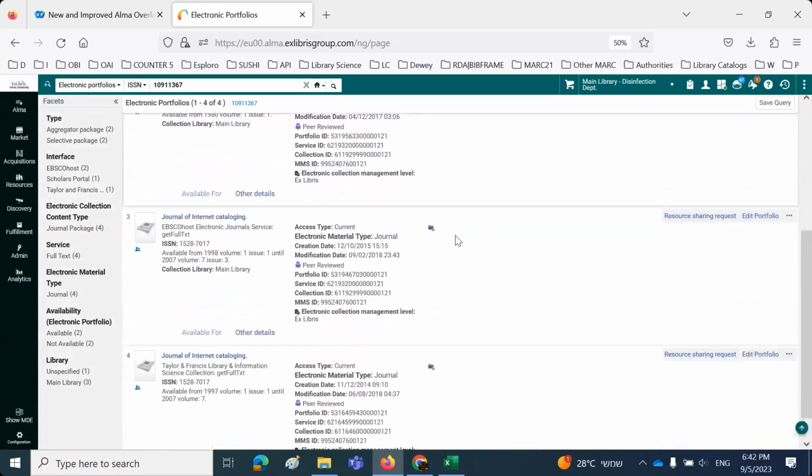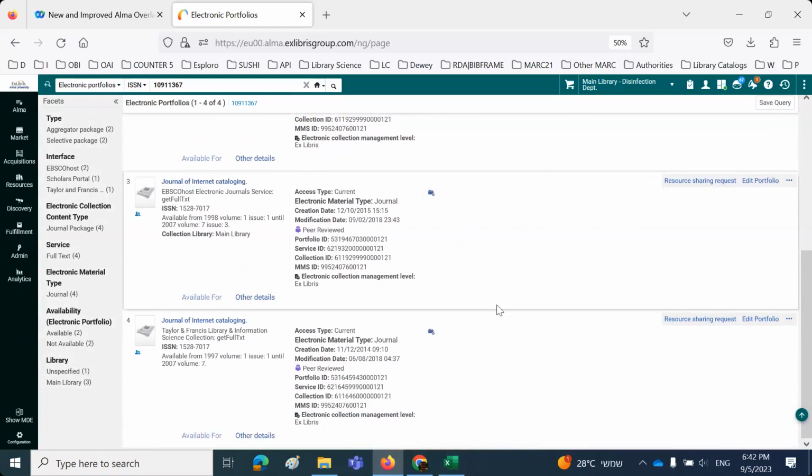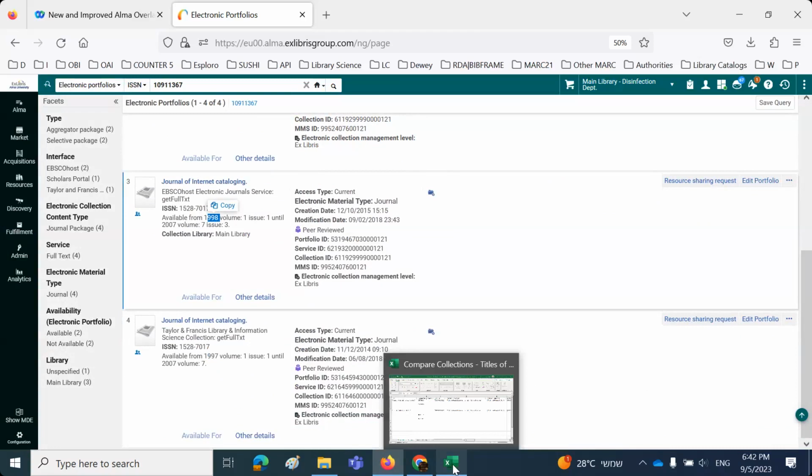Okay, so here's the Journal of Internet Cataloging. The one I already have is the Taylor and Francis. I've got it from 1997, and we can see this example right here from 1998. It's partial coverage overlap. I'd be missing a year, that 97. Okay, one other file before we go to the chats